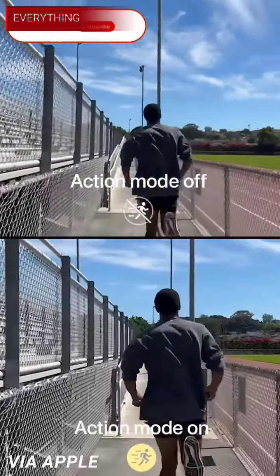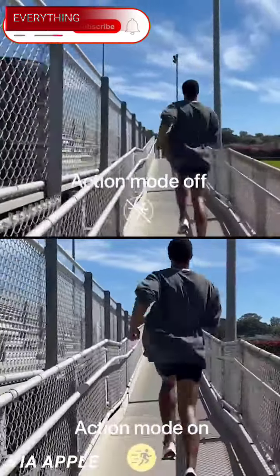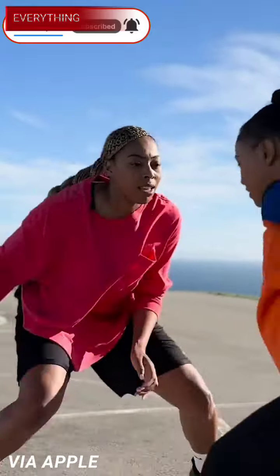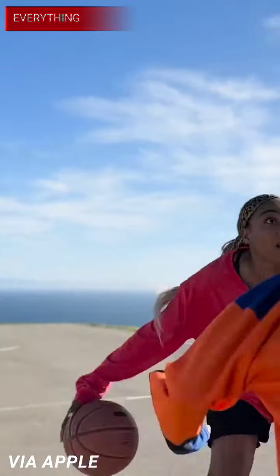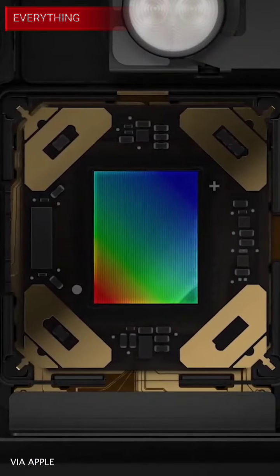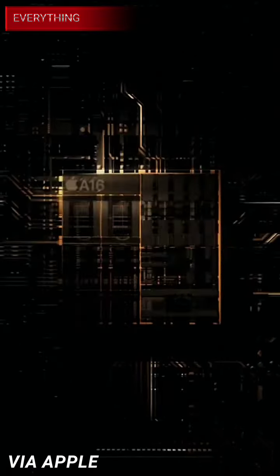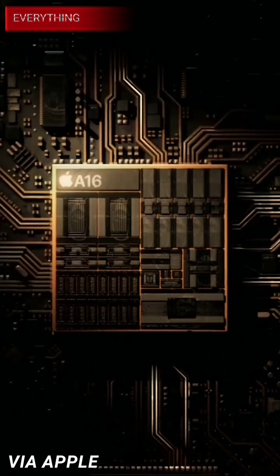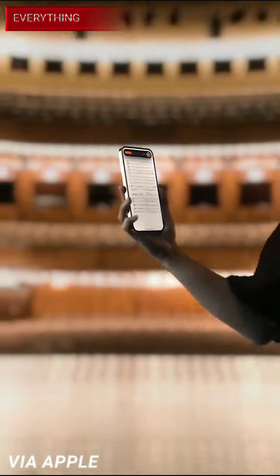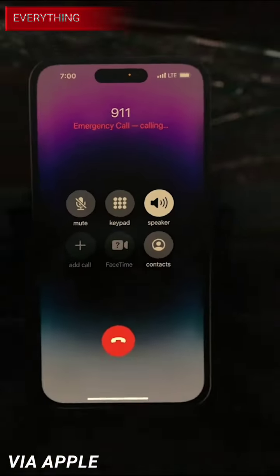And in terms of video, while you get the same updated cinematic mode and action modes as on the standard iPhone 14s, only the Pro models get the second generation of Apple's sensor shift tech, where the sensor inside of the phone physically moves to adjust for shaky hands. And of course, unlike the standard iPhone 14s, the 14 Pros get a new A16 Bionic chip to help power it all. Outside of that though, you get the same SOS via satellite and crash detection features as on the